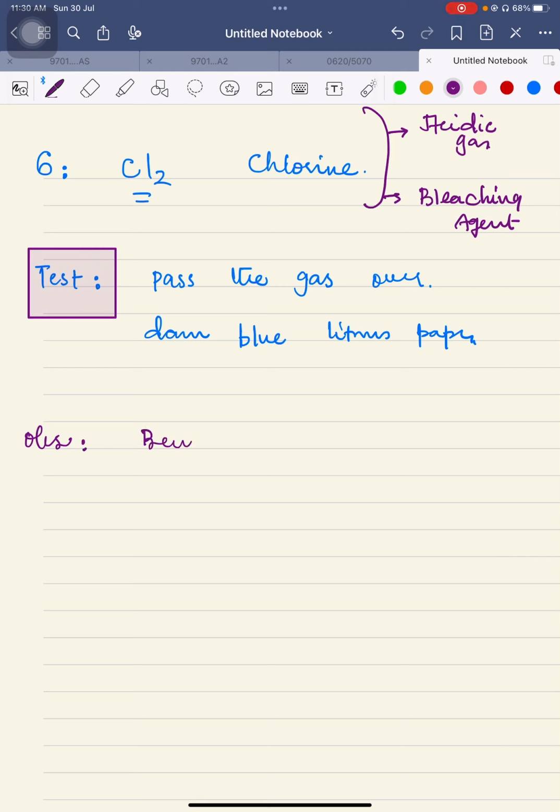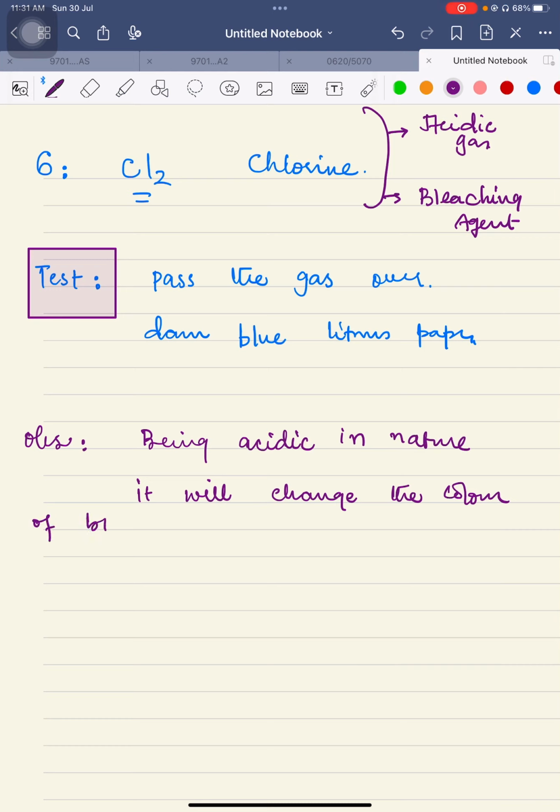Being acidic in nature, it will change the color of blue litmus paper to red,